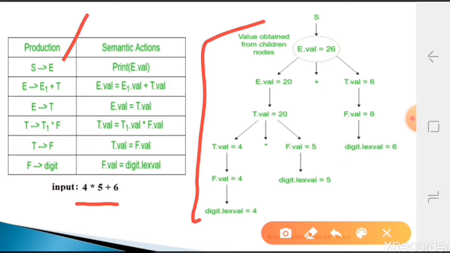Without the values like 20 or 5, we know how to write the parse tree.